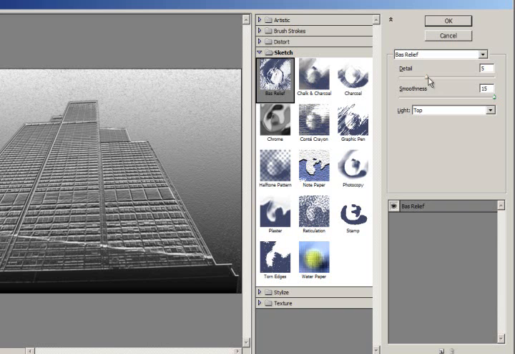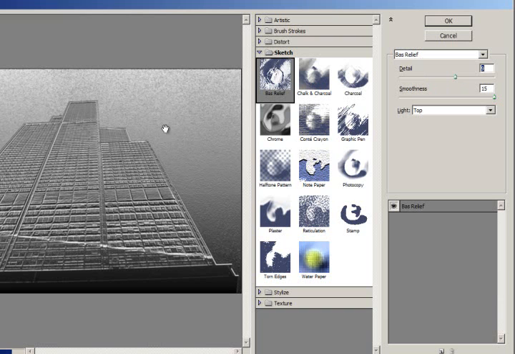You have detail, which if you bring it over, it brings in much more detail, and I tried that, but to me it made it look like too much detail. You just have to play with it, especially all this spotted stuff it made up in the sky. And then smoothness,